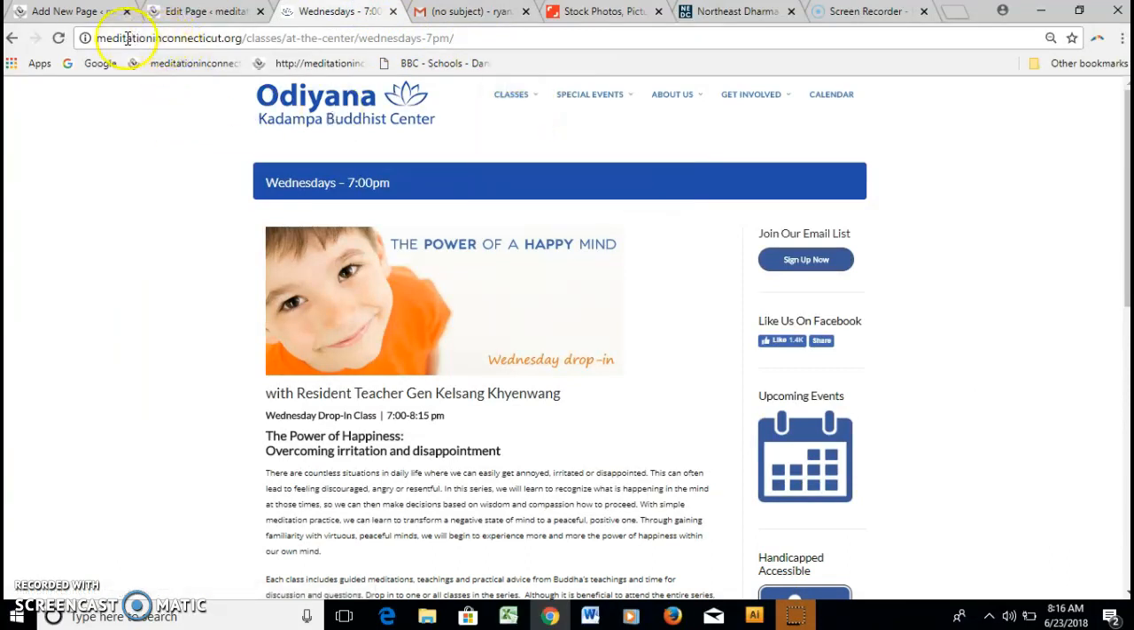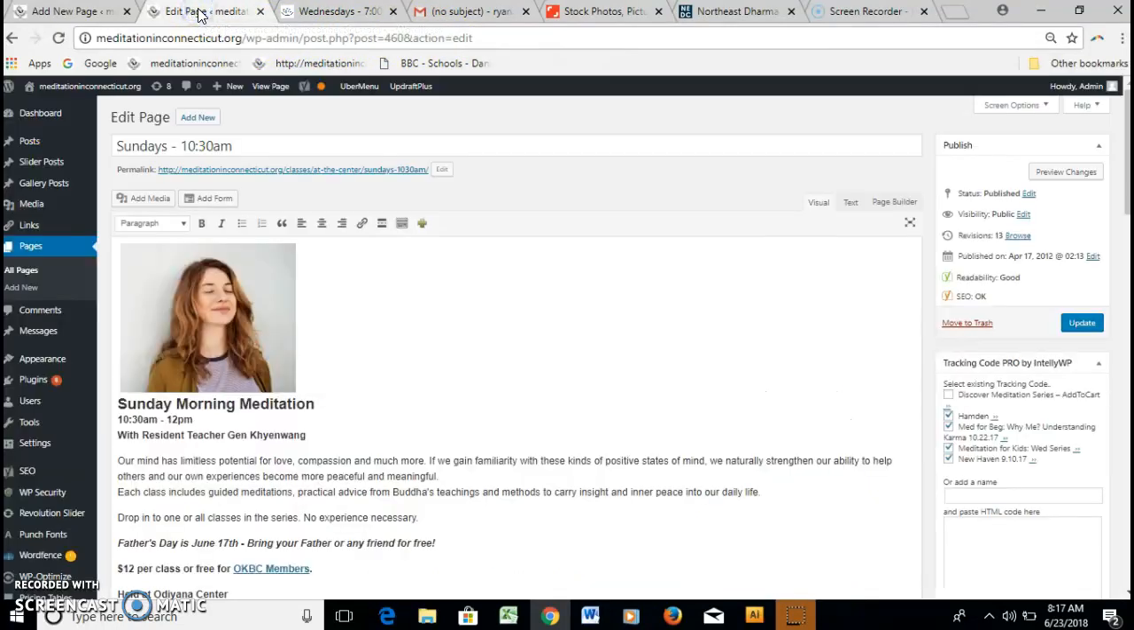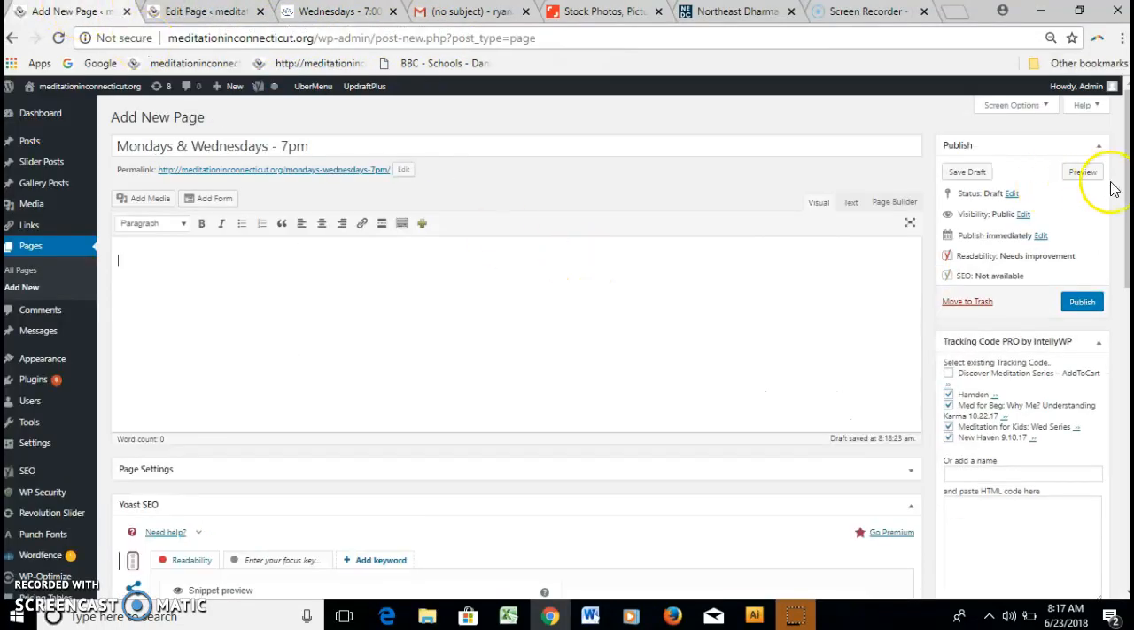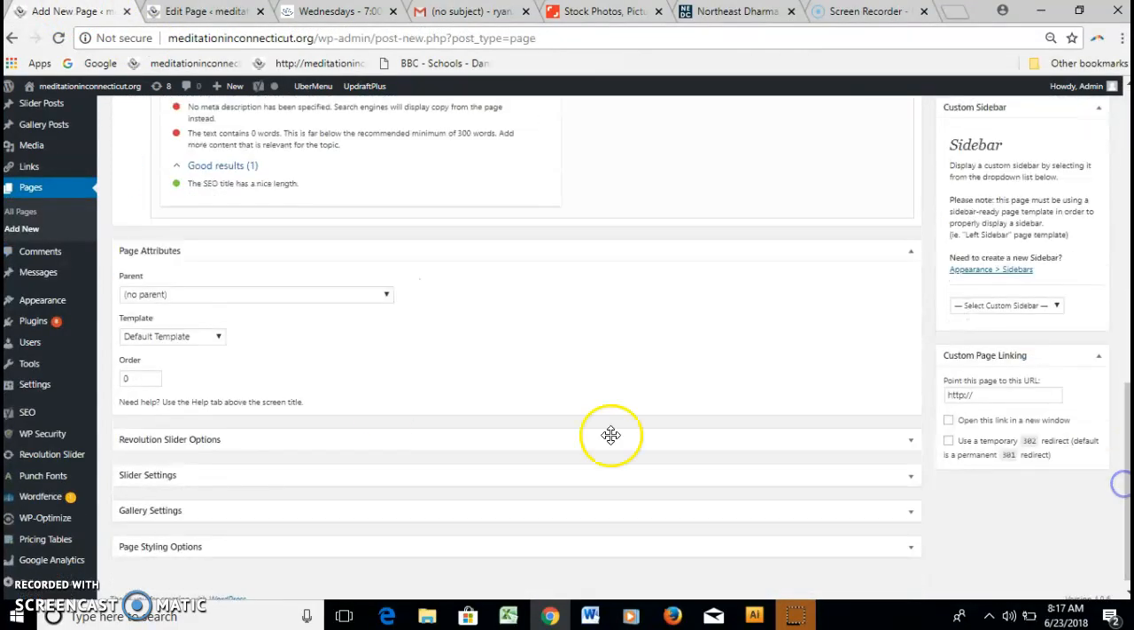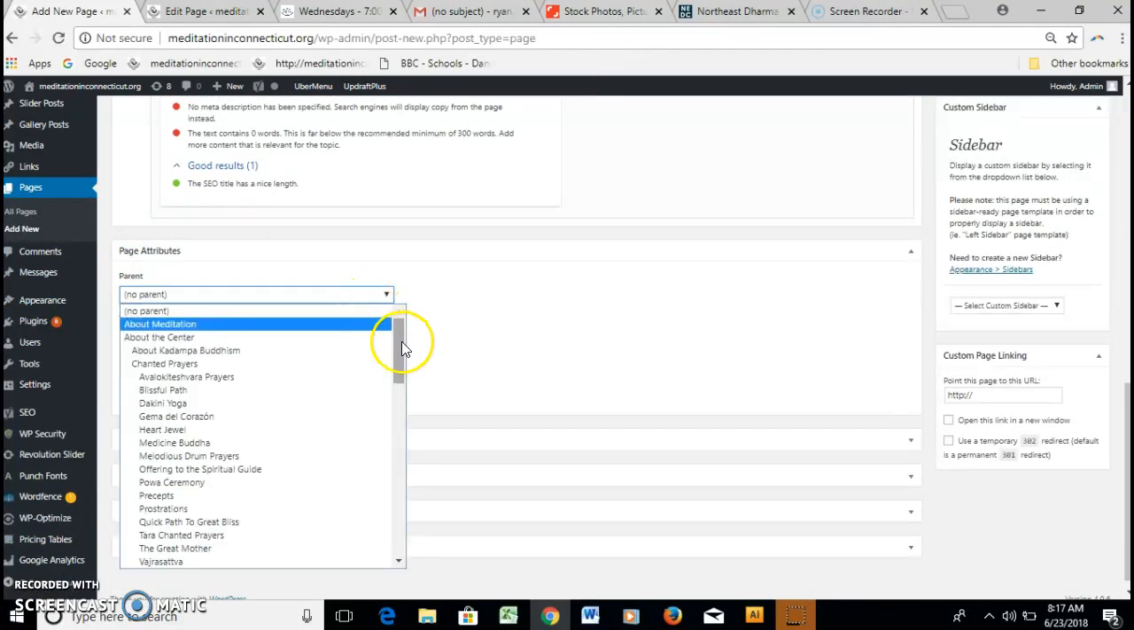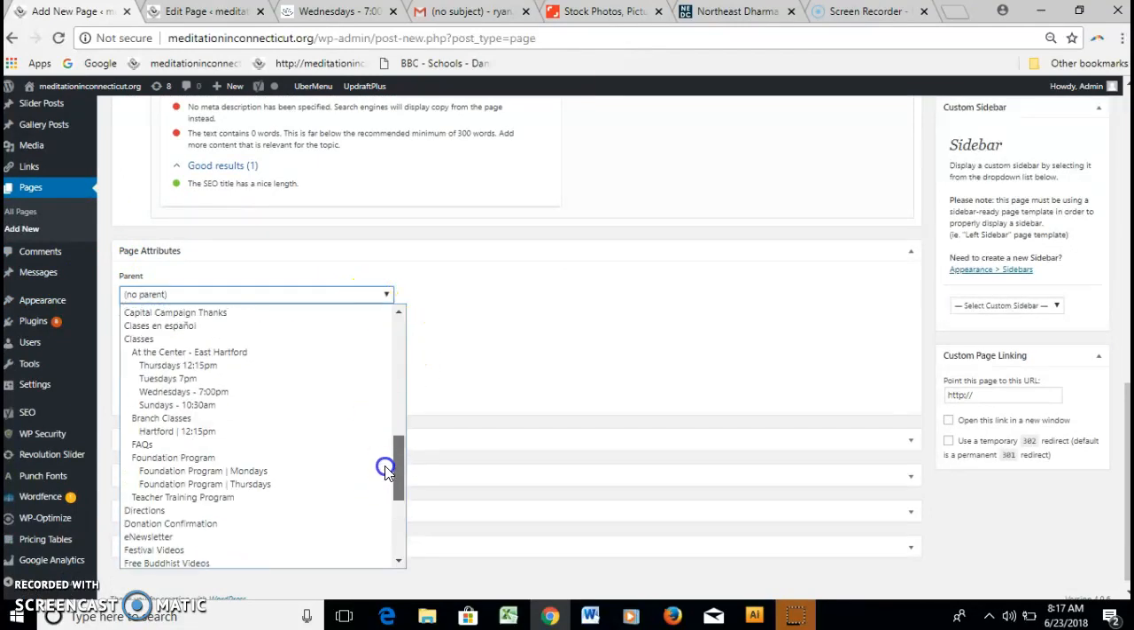So if you notice, here's the link for this one that's currently up. It's under Classes at the Center, then it goes to Wednesdays. We want to have those things in there too. So what I do is, on the new page, go towards the bottom, and under Parent, I know I want it to nest under Classes at the Center. So if I click here,